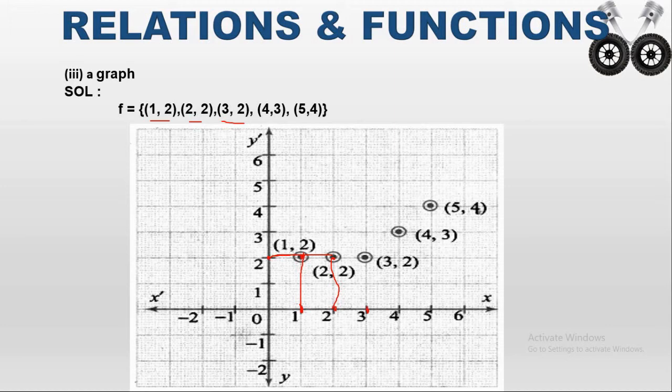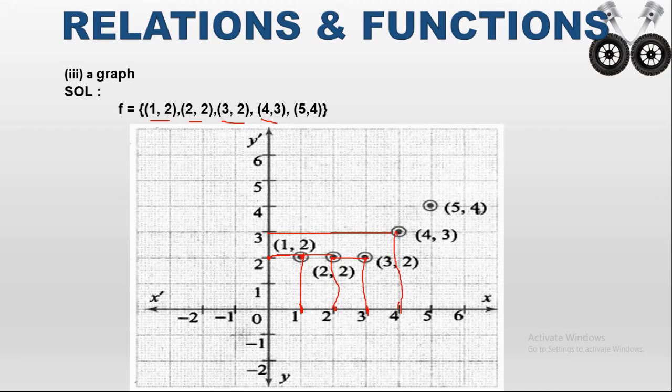So here again it will extend to here and x is extended to here, and these two meet at the point that is 3 comma 2. So what is the next ordered pair? 4 comma 3. So x is 4 and y is here 3. So these two meet at this point. So this is the 4 comma 3.